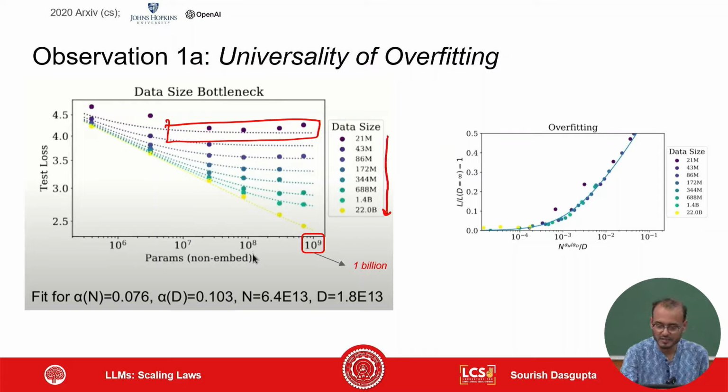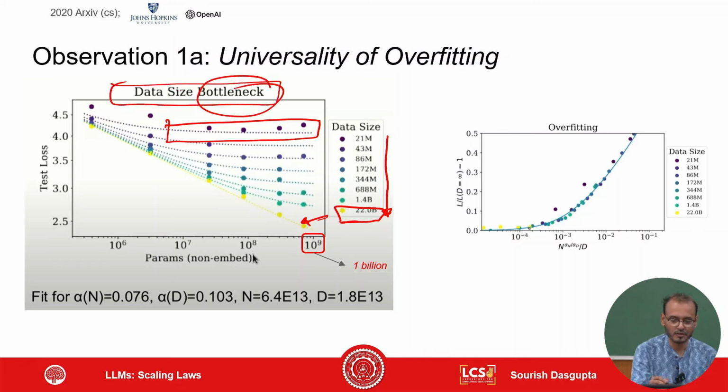So as you increase the data size in terms of tokens, only then do you start seeing again that it follows that power law. As you keep increasing data size, slowly it comes back to that straight line, pushing itself back onto the track, right? So this is what we call the bottleneck. If there is a data bottleneck, which means there is not enough supply of data, you have run out of your training data, then it doesn't make sense. There's no point increasing. So this is the corresponding